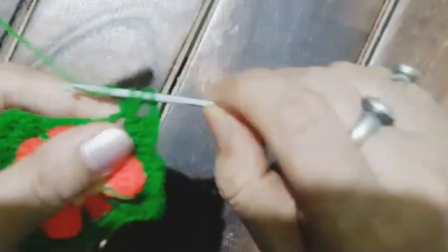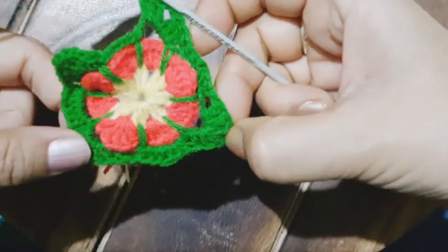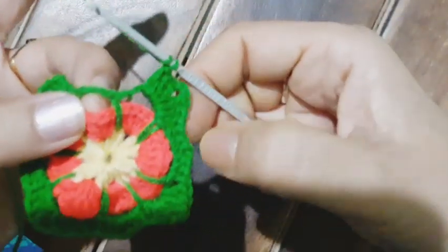Chain 2 is done. Now I'm going to work 3 double crochet. That's the first, which will be followed by 2 more double crochets. So here it is done. Now let's move on to the final chain 5 space where I am going to work 3 half double crochet